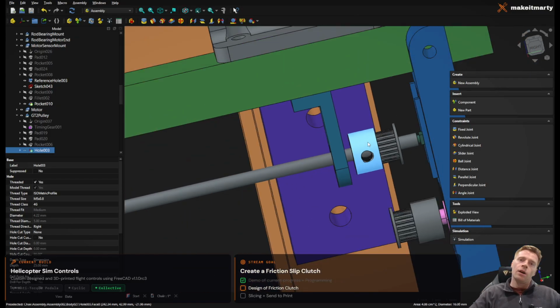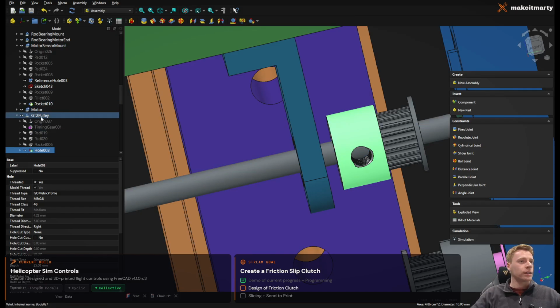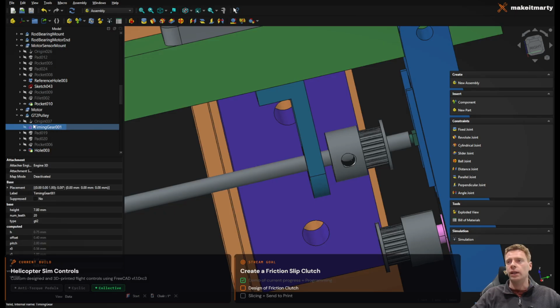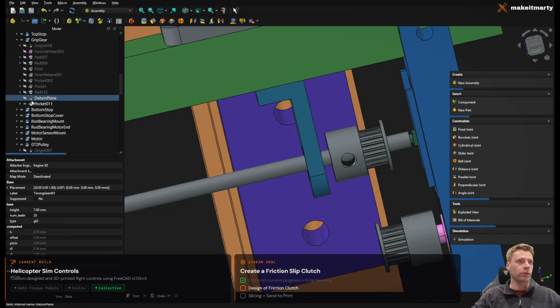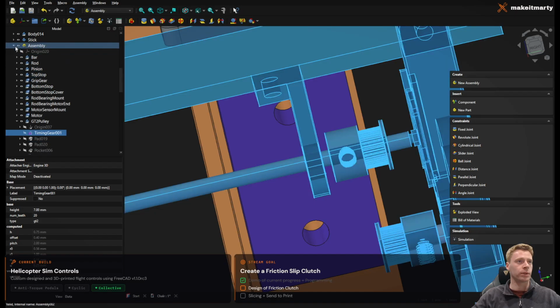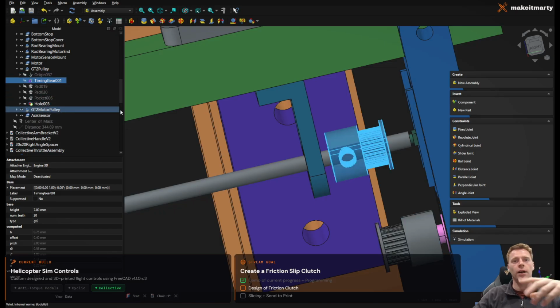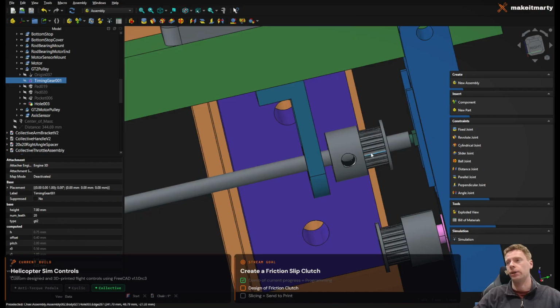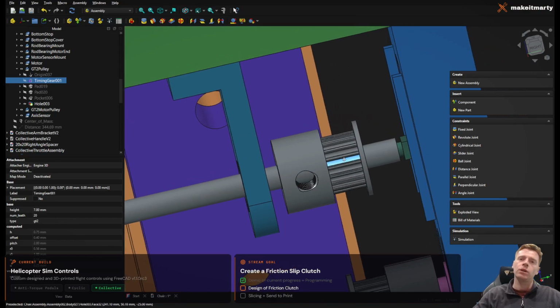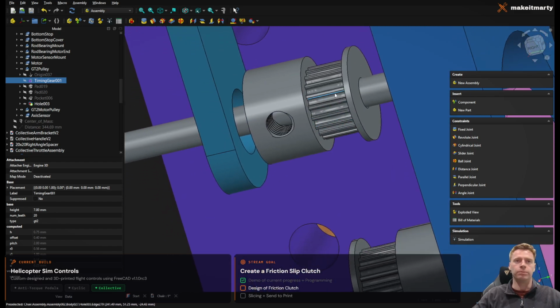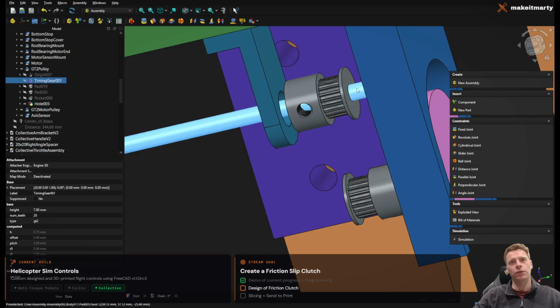So let's have a look. We have this GT2 pulley here. And on the left, we can see this is the tree of all the components we've made. So let's just close some of these. This is the timing gear. That is essentially just that. And then we've built this shaft around it. Now, I don't think we really want this anymore. We actually just want the timing gear,